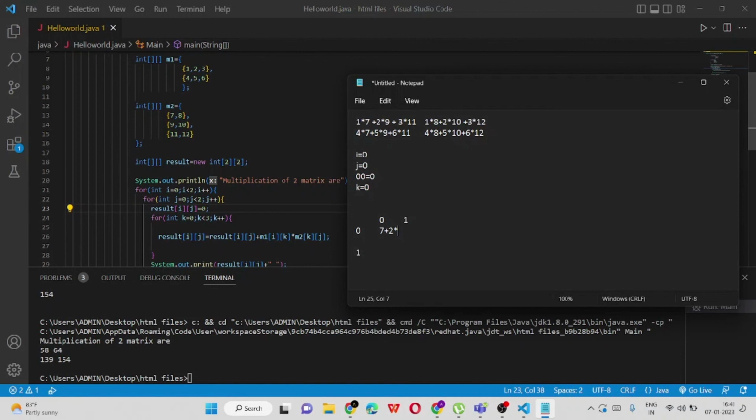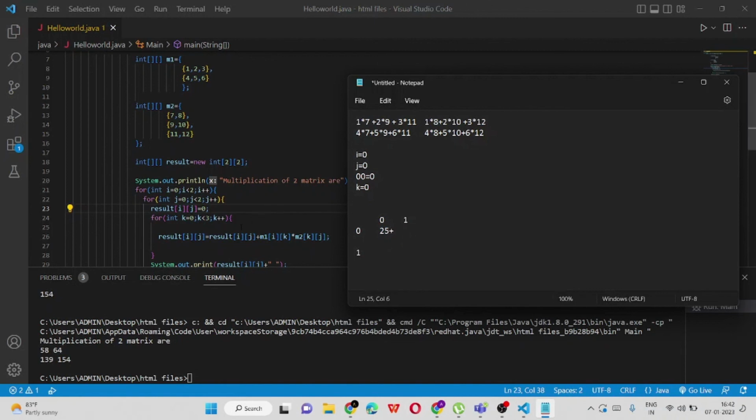So it will go to the next row of m2, which is 9. So 9 into 9, row is first position, column it is picking, j value remains same, right? So it will pick 9. Okay, so 2 cross 9 is 18 plus 7 is 25. It will take 25, result will store 25, plus again k